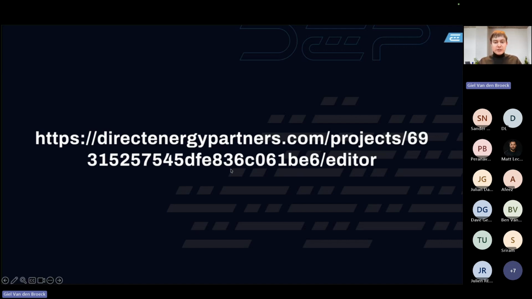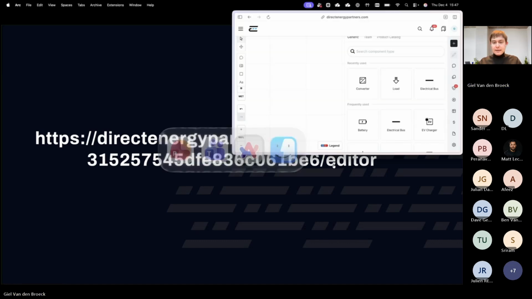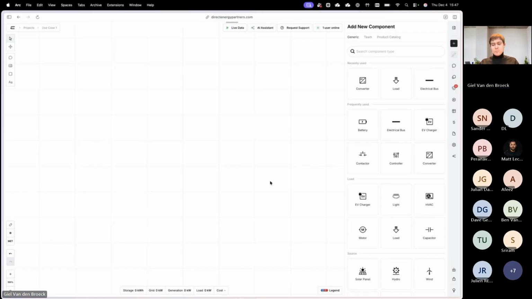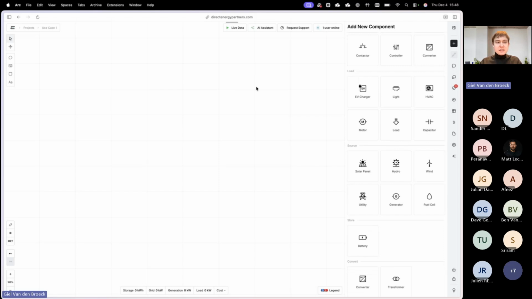So let me switch to directenergypartners.com, to the site design editor, and show you basically a part of the system that we built over there. Here we are in the site design editor, where we can draw our DC microgrids. First of all, we have a connection to the grid somewhere. We had a DC bus